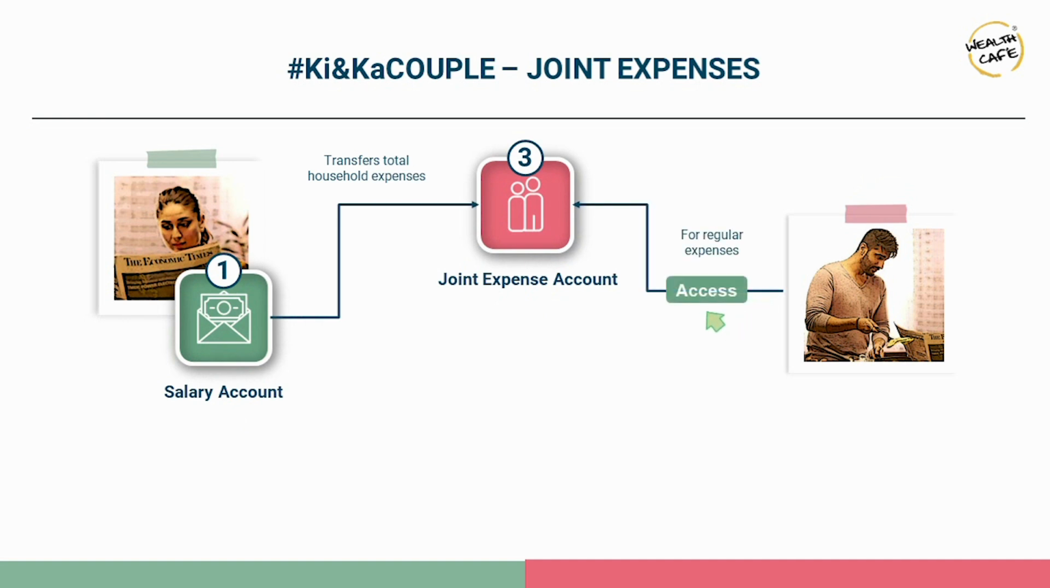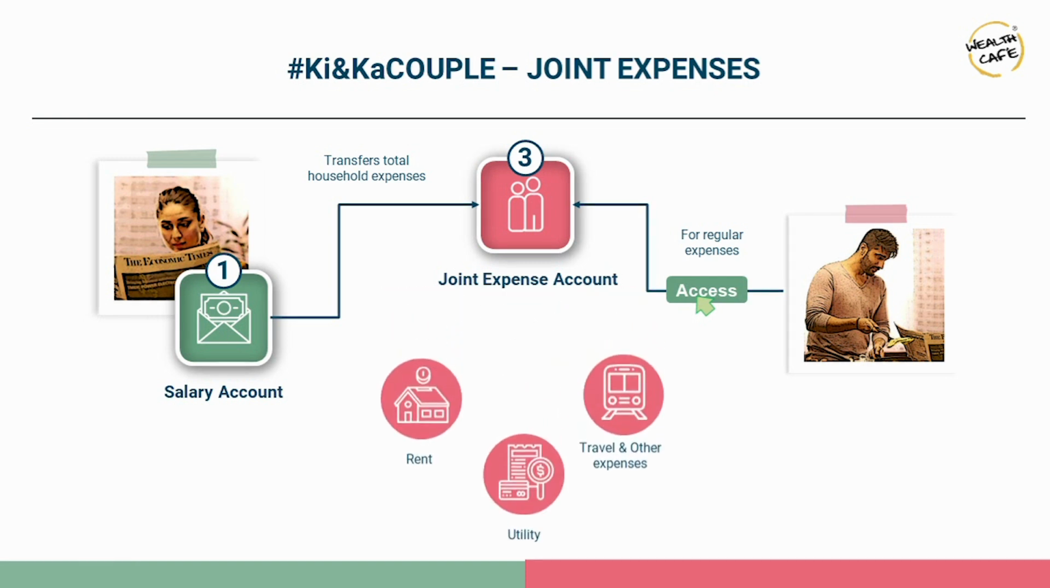So Ki would open a joint expense account where Ka would also have access to it, and each month Ki would transfer the fixed expense amount towards the joint expenses in that bank account. So Ka basically needs to just have access to the joint expense account, and he can take care of all the monthly expenses from there, and he can also pay all the bills and other things that he wants from